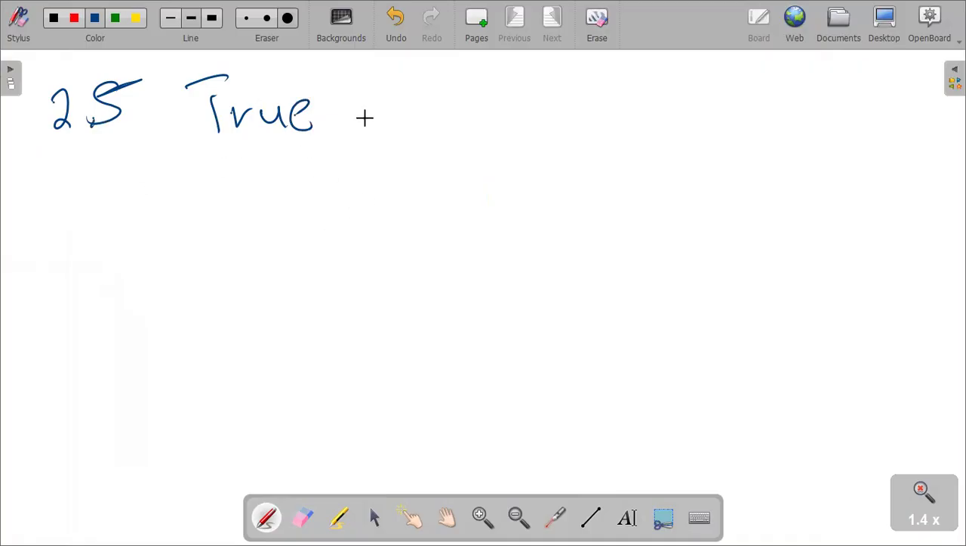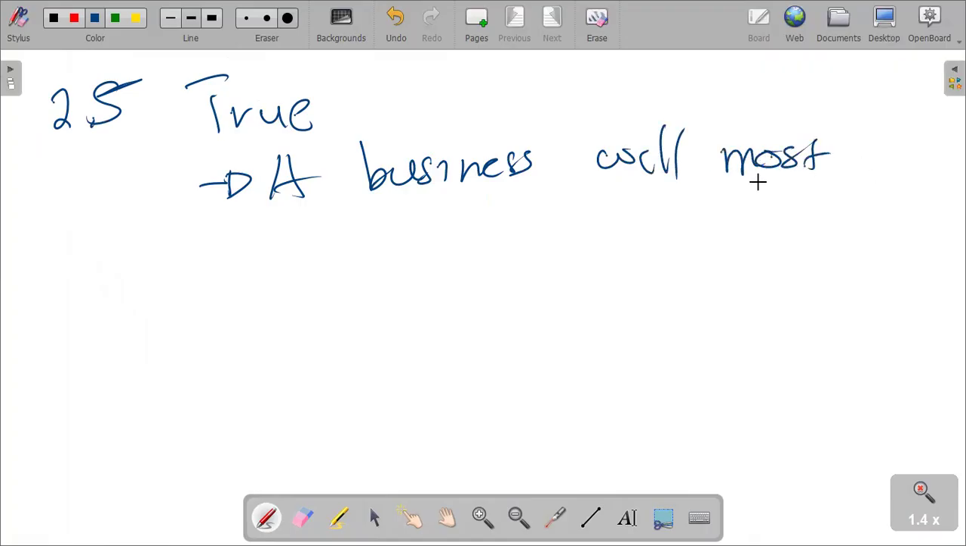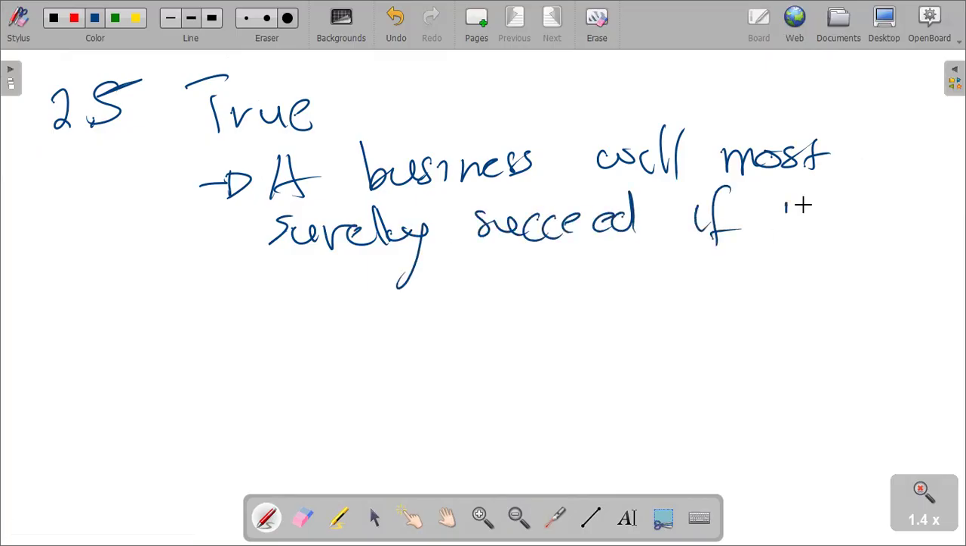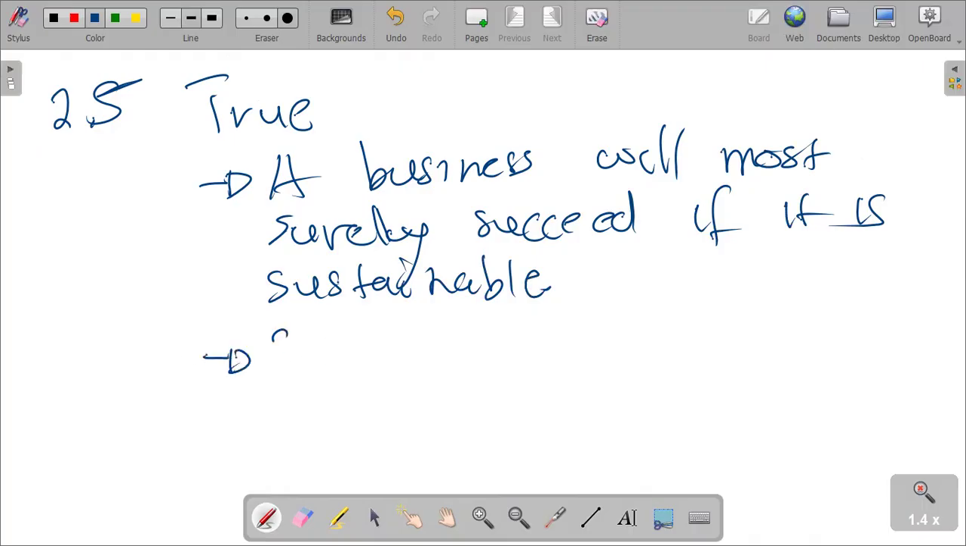All right. So here we'll say a business will most surely succeed if it is sustainable, because sustainability means operating in a way that ensures, so let's say